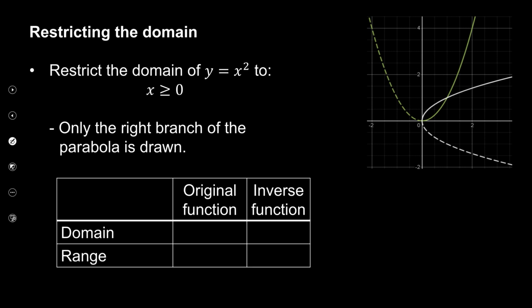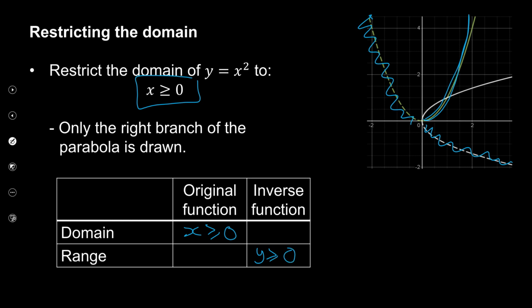Now, to do this, when we talk about restricting it only to have the right branch, you can see this arm, right, will be the parabola, right? The arm of the parabola. This one does not exist anymore, as I've shown you, as a dotted line. And this will not exist. Why? Because the domain of the original will be x is greater or equal to 0, right? And remember that the domain becomes the range. So it means y will be greater